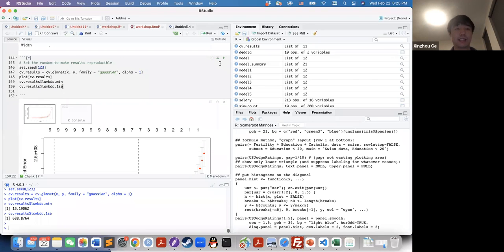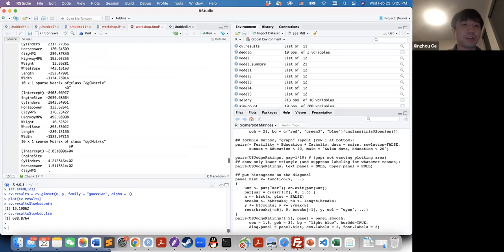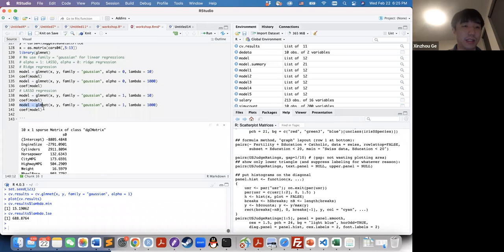Okay, and I think that's my idea about how to use this cv.glmnet function to do parameter tuning to select the best lambda from cross-validation. And the next thing is, how can we use this lambda? I think it's just very straightforward. We can just use this